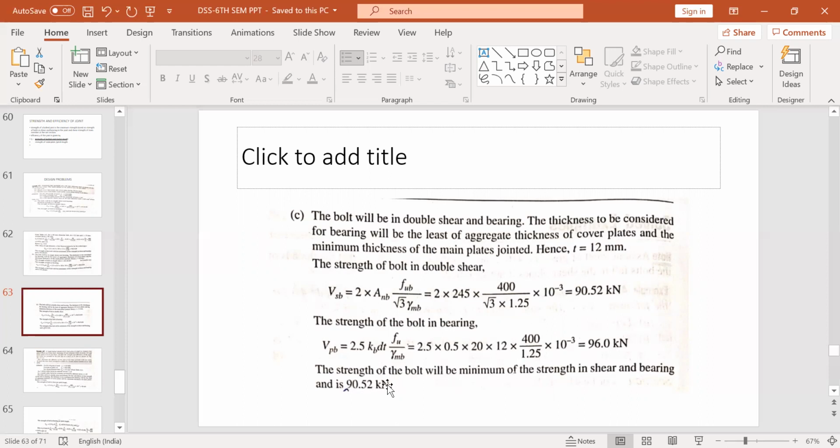So you have found the strength of the bolt. Okay, strength of the bolt in lap joint, in single cover butt joint and double cover butt joint. Here only one bolt is connected. If you are connecting two bolts, three bolts, depending on the connection, values will change. Okay, so this is a basic example that I have taken to make you understand the concepts of how the strength is being calculated. So if you understand these, you'll understand the other problems.